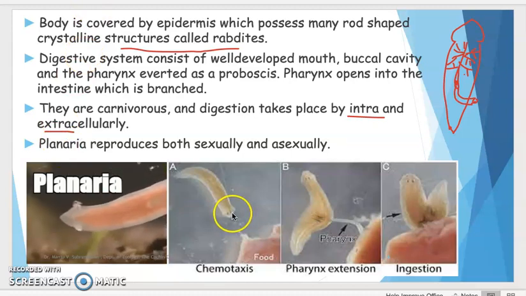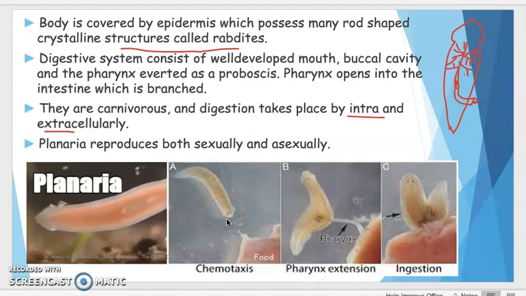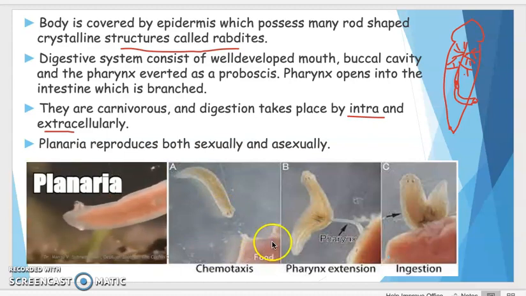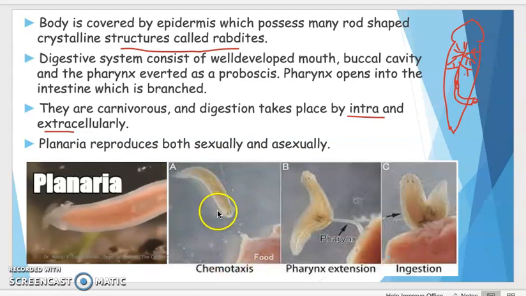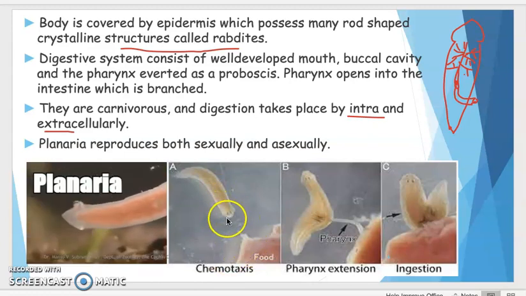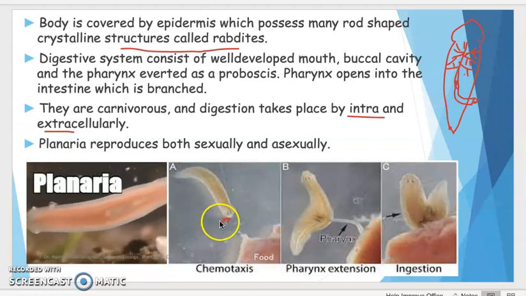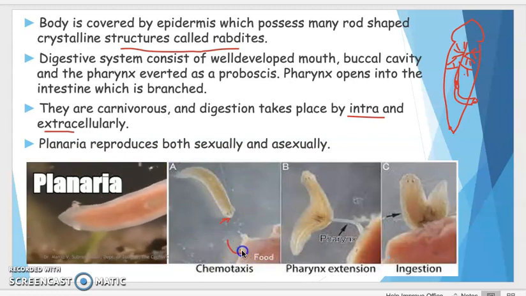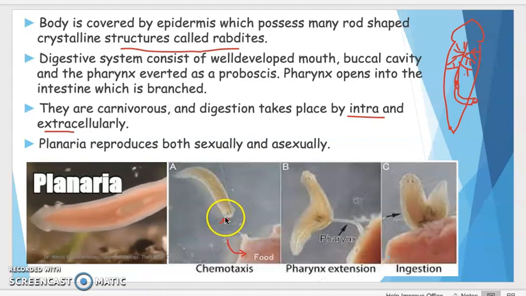So during feeding, the adhesive glands which are present on the head region and on the lateral margins of the body discharge a sticky secretion when they recognize their food. This food is recognized by the Planaria by chemotaxis. So these planarians contain chemoreceptors present in this anterior region, and these chemoreceptors recognize the food. Okay, and the food gets adhered to the sticky secretion which is produced